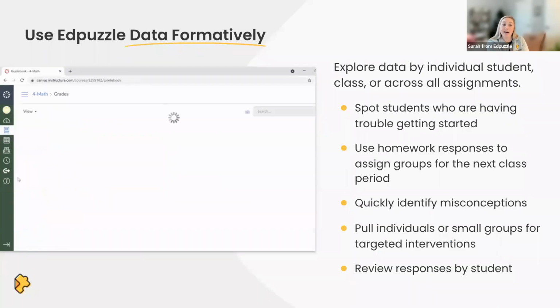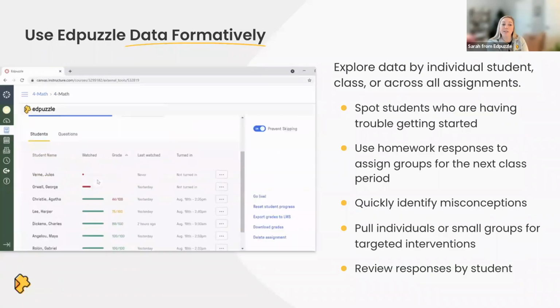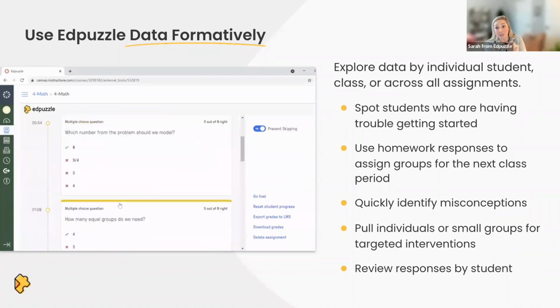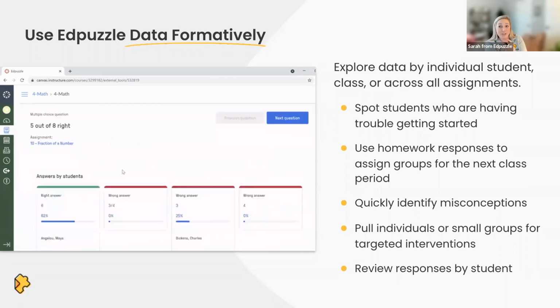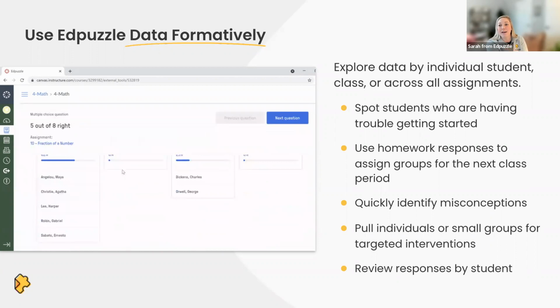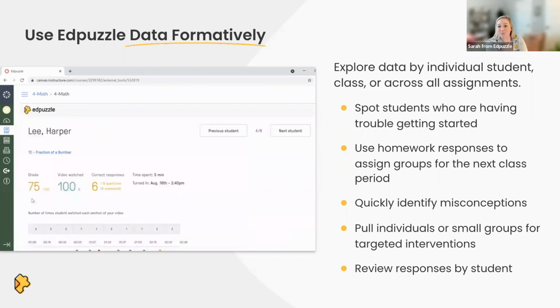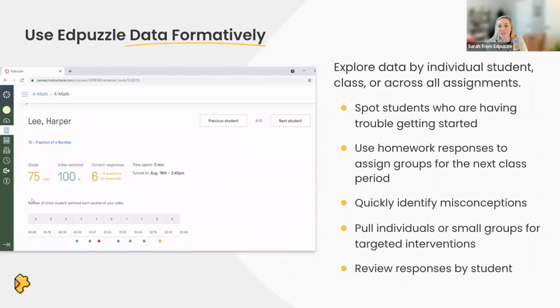And then as far as the data goes, you've got these beautiful red, yellow, and green data features where you can really quickly see who understands, who watched the whole video. You can even see down to how many times the student watched sections of the video. I could literally spend all day talking about data, which I don't have, but maybe next year, if we're invited back to this conference, we can do a session focused on those data features